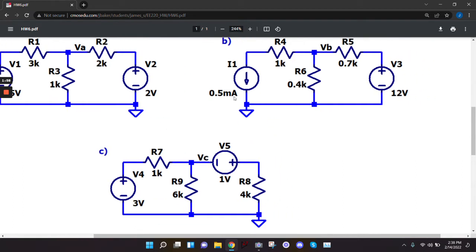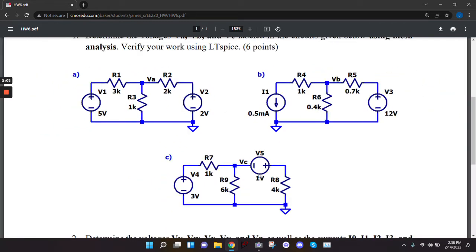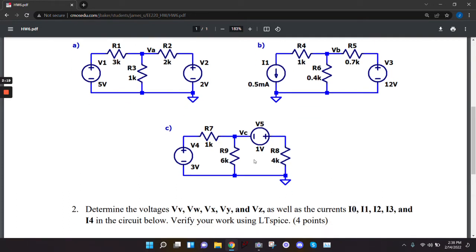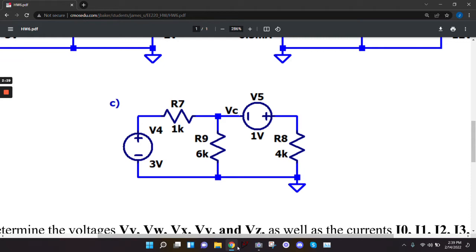So if you had no problems with A, did you have any problems with A? If you had no problems with A, you shouldn't have had any problems with C. You basically, like I do, start below the voltage source and make the loop equations. My guess would be some people have confusion when it comes to this middle resistor where the currents kind of coincide. Is that maybe a part of the problem? So what I'll do really quickly is I'll make the 2 equations for this one, and I'm not going to do any of the algebra, but I'll make the equations because I don't want to spend too much time on it. But let me just do the equations